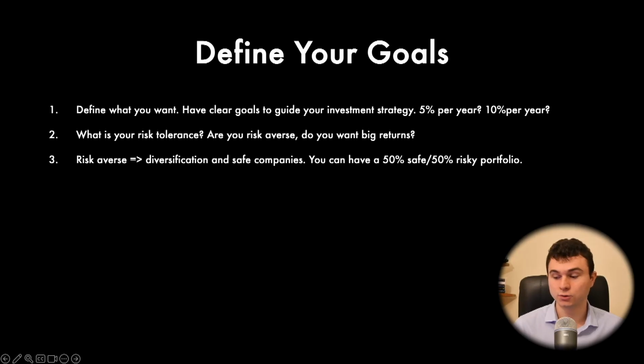Another tool to have a risk-averse portfolio is to only invest in safe companies that don't have debt. And if you don't have debt, well, you can't go bankrupt. You want to invest in strong, profitable companies that generate a lot of money, that won't go bankrupt. That's part of being a safe company. If you're risk averse, that could be a strategy. But also, if you're not risk averse but you don't like very, very high risk, you can have a 50% safe, 50% risky portfolio. That's average, and you see how it goes.